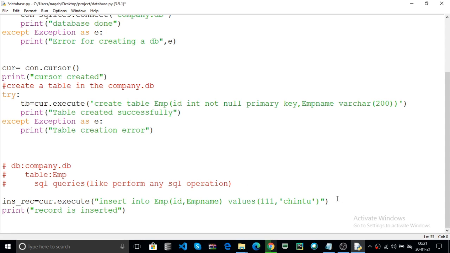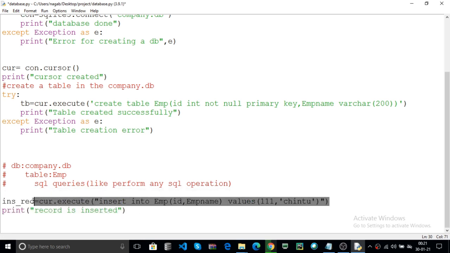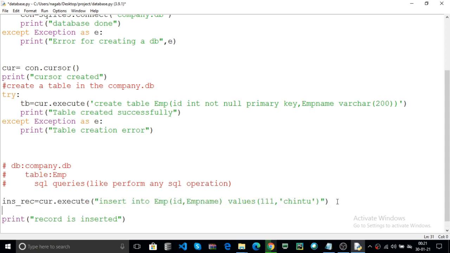Again, I want to insert another record. For example, here 112, and this name is Bala.